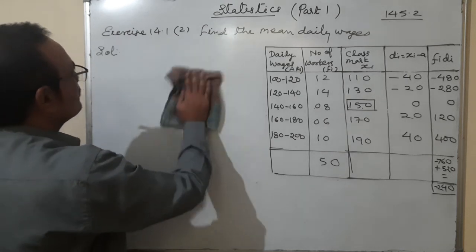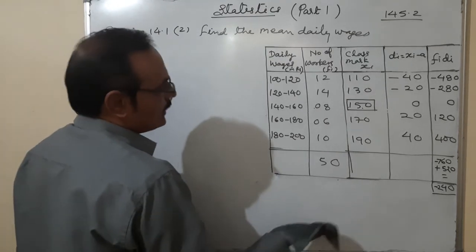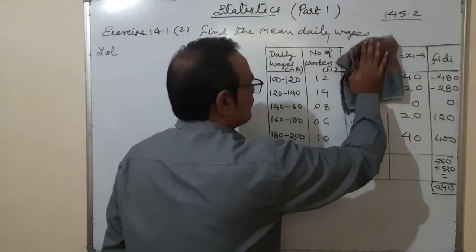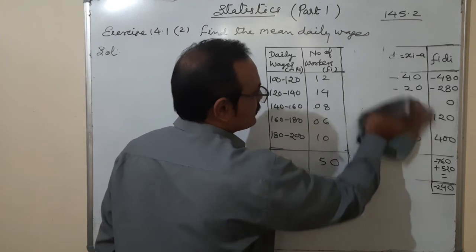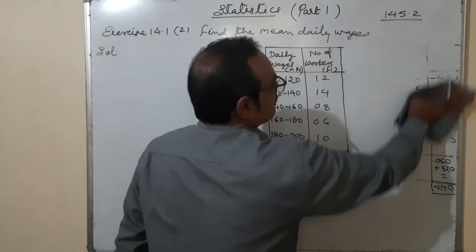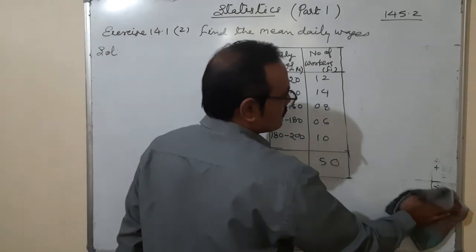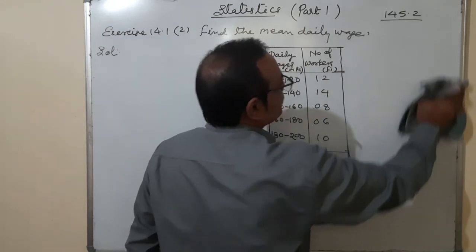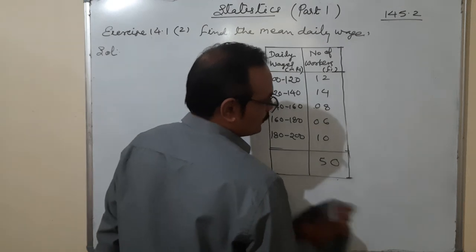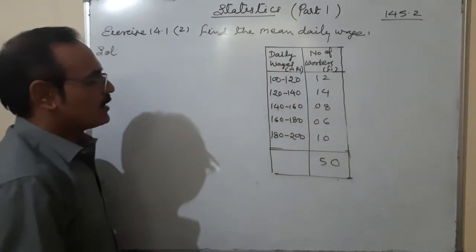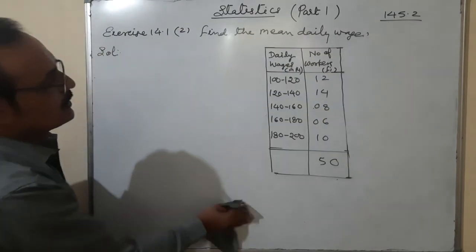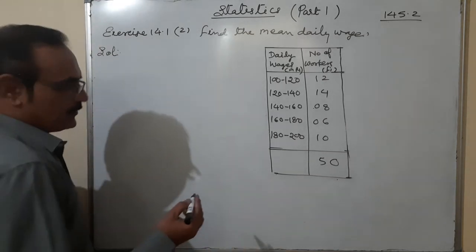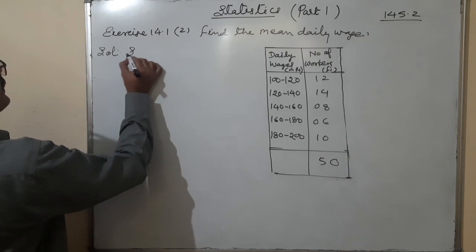For the step deviation method, again in the question paper you are having two columns. Okay, you will not get confused, that's why I am leaving just two columns. Other columns should be erased from the board. Because in the question you are getting only two columns. They may be in horizontal or vertical form. You have to convert into the vertical form. Okay, the third method we are using is the step deviation method.